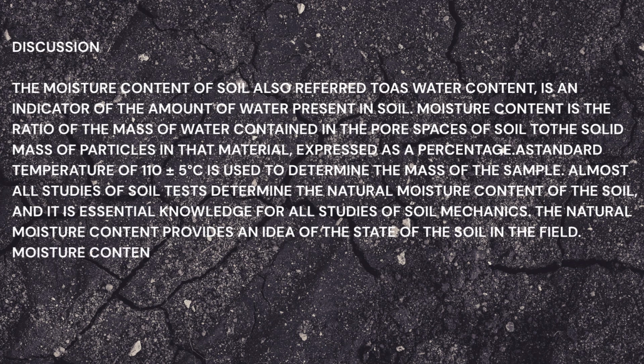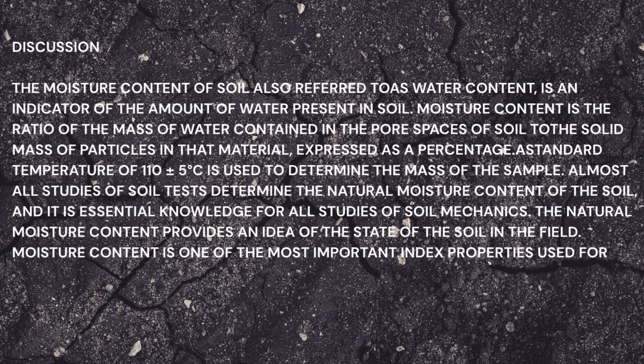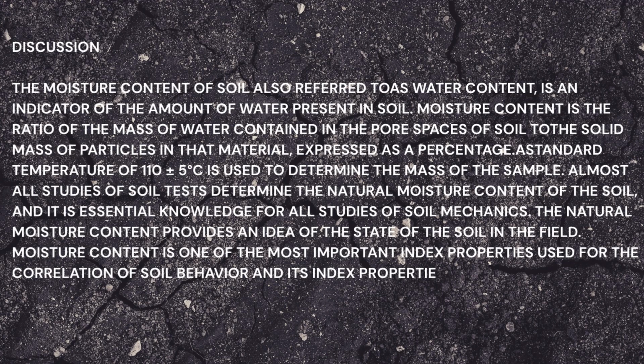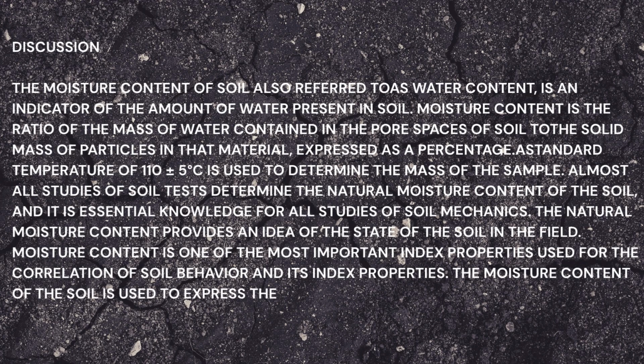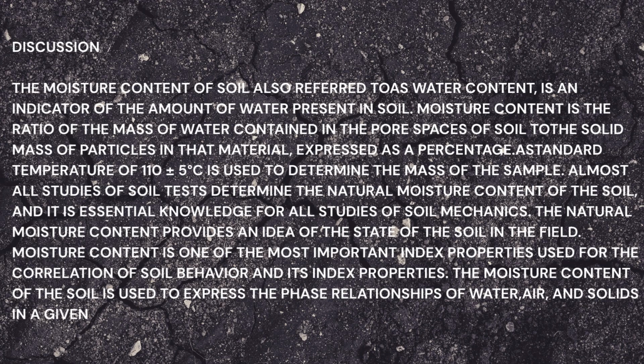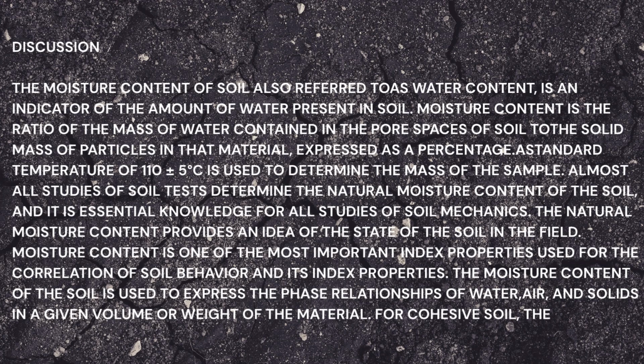Moisture content is one of the most important index properties used for the correlation of soil behavior and its index properties. The moisture content of the soil is used to express the phase relationships of water, air, and solids in a given volume or weight of the material. For cohesive soil, the consistency of a given soil, along with its liquid